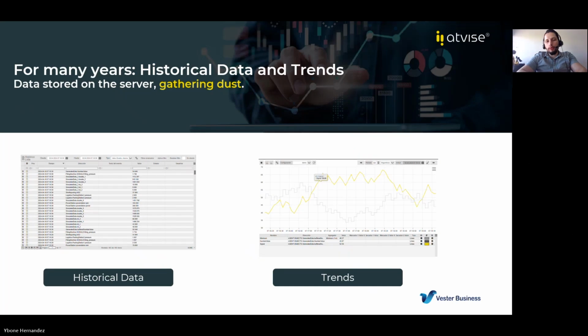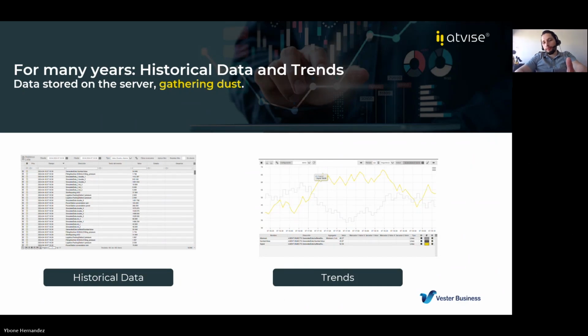There are multiple ways to work with this. Typically in the industry, what we have is historical data. So we have the historian, where you can see all the data in a tabular fashion, and you can download that information and do things manually, for example, in other software like Microsoft Excel or Tableau or Power BI, which is completely fine.